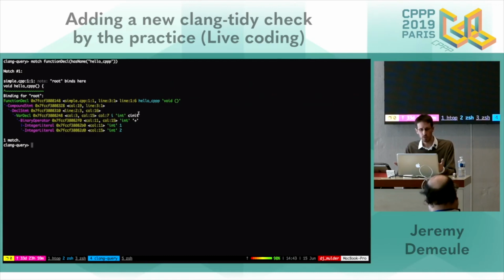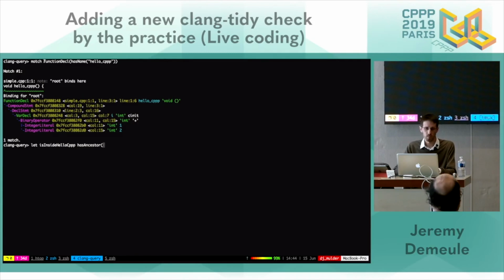We can create new matchers from existing ones. For example, if I want to create a matcher to limit my visibility on what is inside this function, I can do that this way. Let isInsideHello be hasAncestor my functionDecl.